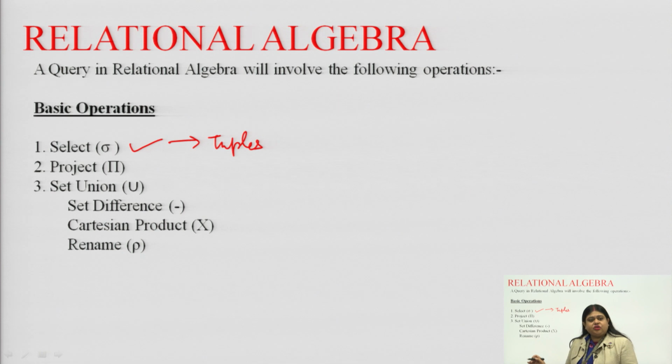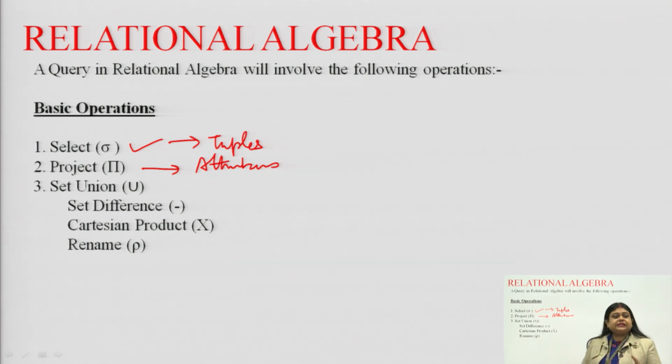Next, we have the projection operator. Projection operator is always at the level of the attributes, right. So, whenever we want to select certain attributes from the database, let us say we have an employee database, and from the employee database we just need the employee number and the employee name. In that case, we will be using the projection operation. The select and the projection operations are two major operations, and in most of the relational algebra that we are going to write, we will see how we are using both these operations, right.